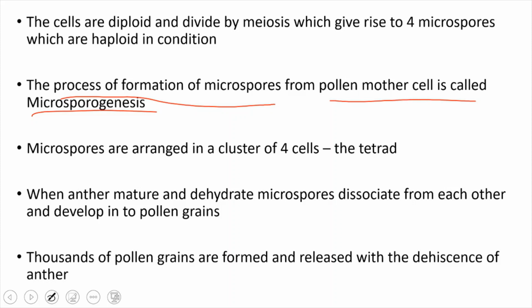Each mother cell divides meiotically and forms 4 daughter cells. So every cell has a cluster of 4 cells, which we call a tetrad. Each cell of the microsporangium, that is the sporangious tissue, contains a group of homogeneous cells. Each cell has a cluster of 4 microspores, called a tetrad. So when the anther matures, all the cells have divided and formed their tetrads. That is the end of the maturity of the anthers.